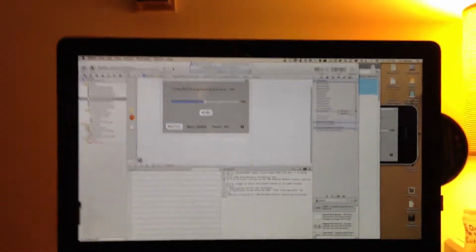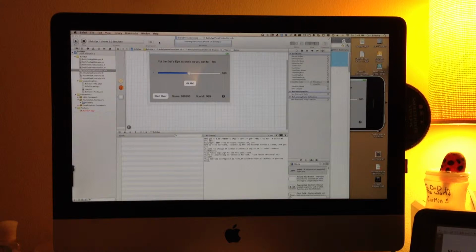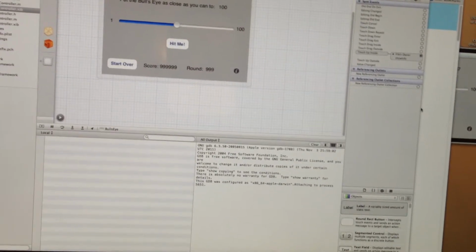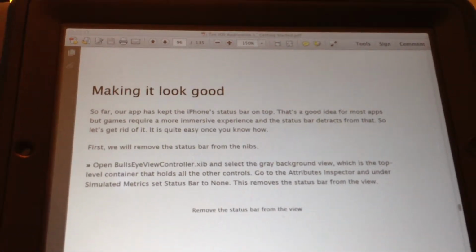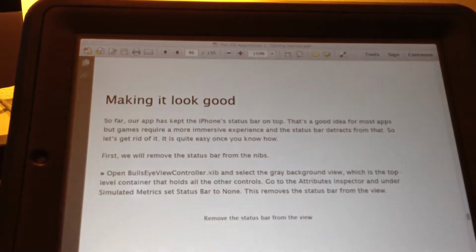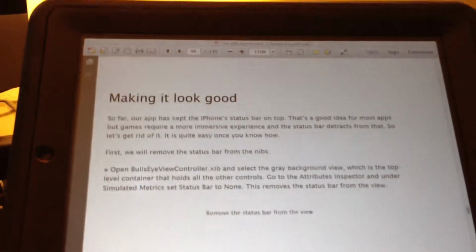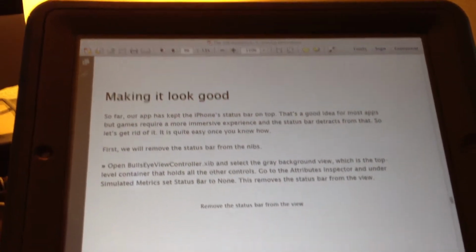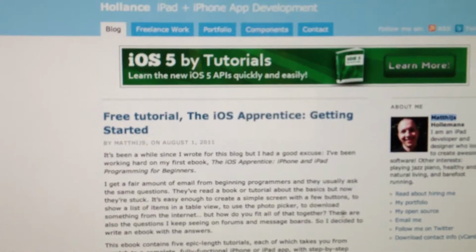But you see I have here the 21-inch iMac screen, which is a great canvas for writing the applications on. But in this case, I'm using a very good PDF file to instruct me on creating this app. This is the iOS Apprentice. This is the free lesson available, and it's a free tutorial, the iOS Apprentice Getting Started,